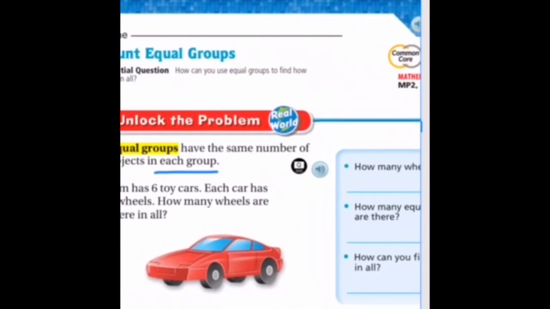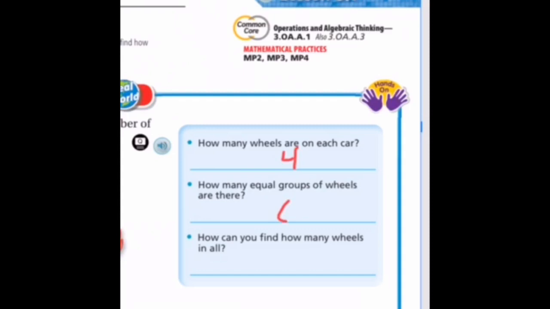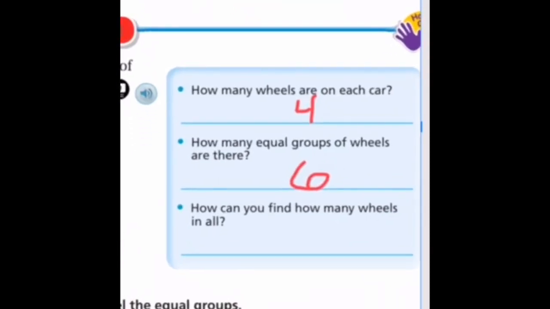We look back over here. He has 6 toy cars. That means there are 6 equal groups. 4 wheels in each group, or 4 wheels on each car. How can you find how many wheels in all? We can count